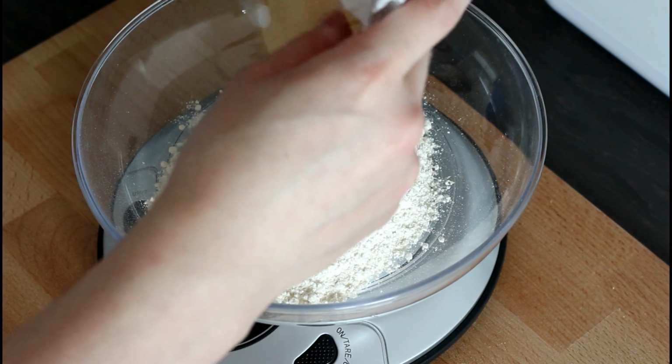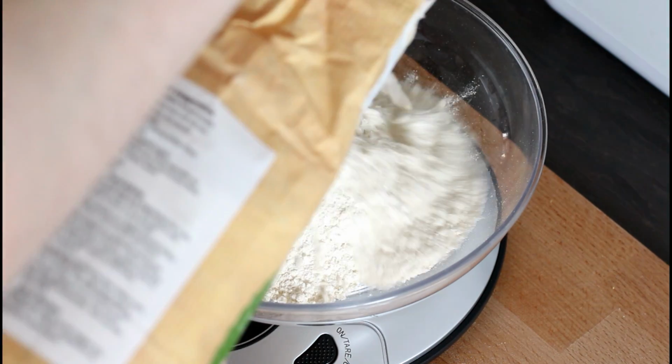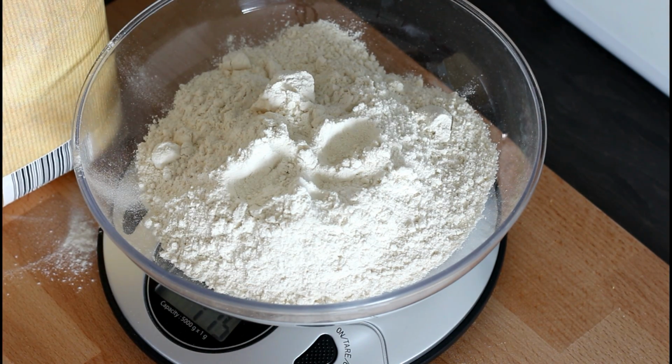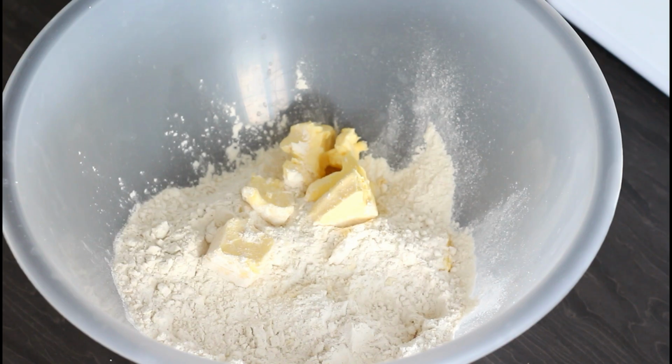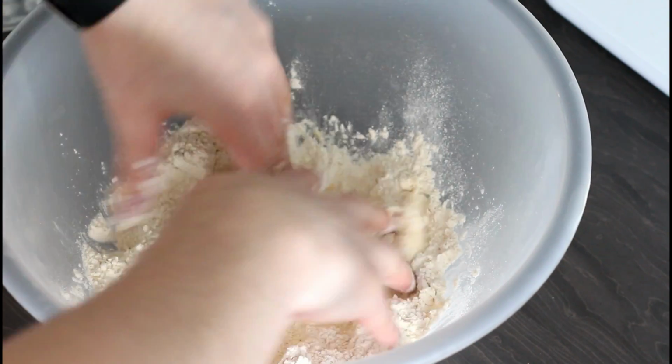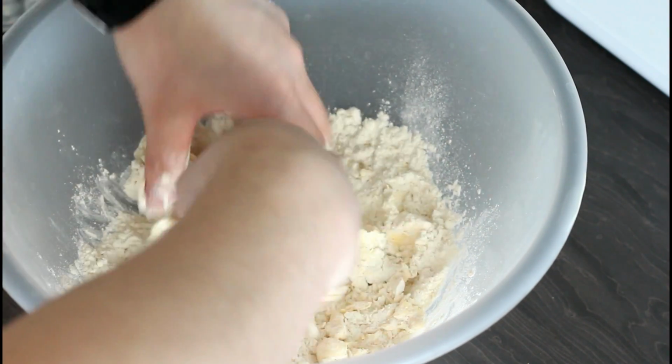First up, measure out the flour. This flour is going to be used to make the pastry base for the quiche. Next up, measure out the butter. Place these two into a big mixing bowl, add a bit of salt, and then start mixing it together with your hands. Mix it until it becomes a fine crumble,